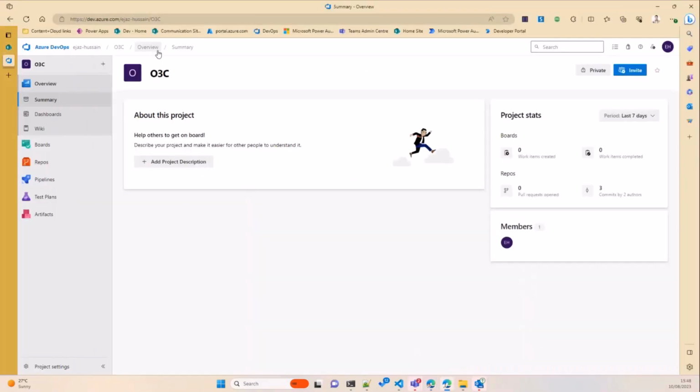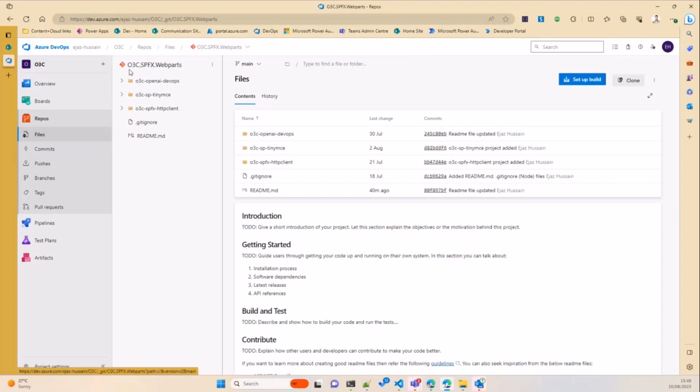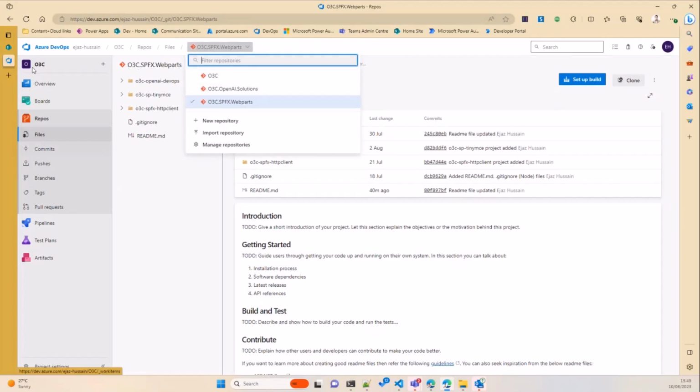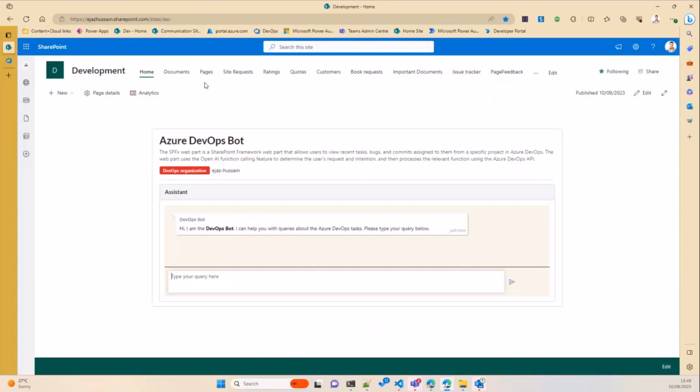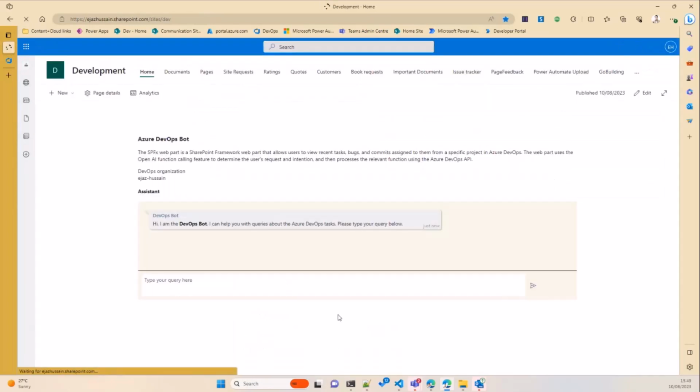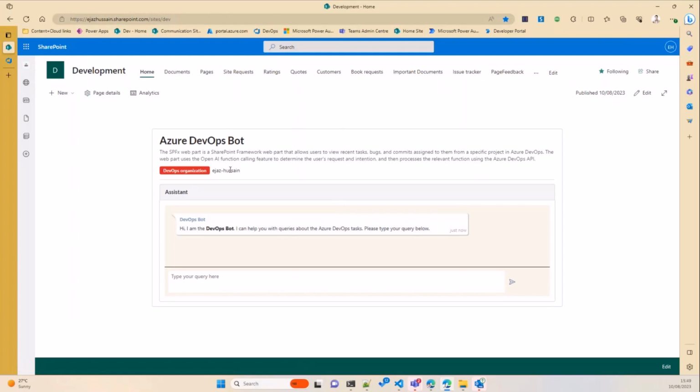Right, so I have this DevOps project, which is one organization, Ejaz Hussain, and then I have a project called O3C. Within O3C, I've got a couple of repos, so O3C SPFx web parts, and some other repos as well. So if I refresh this just quickly,